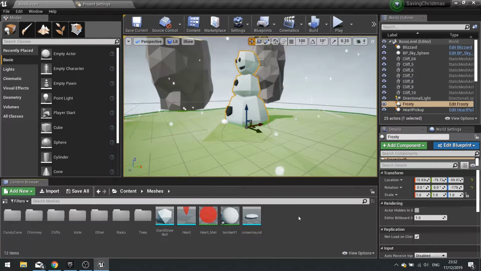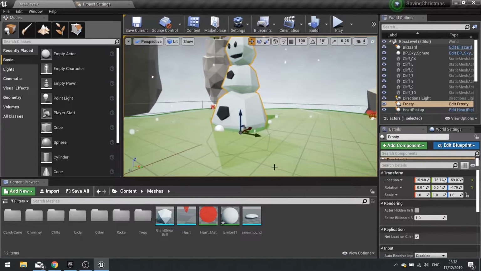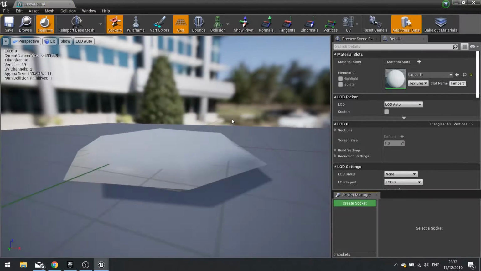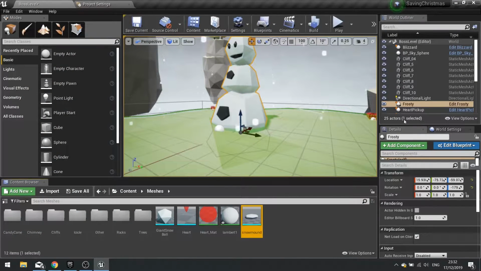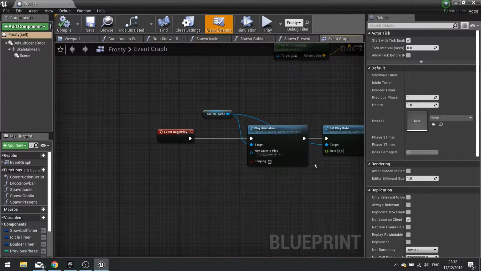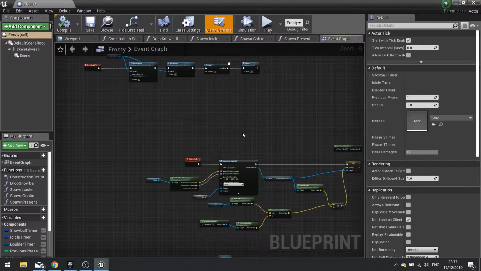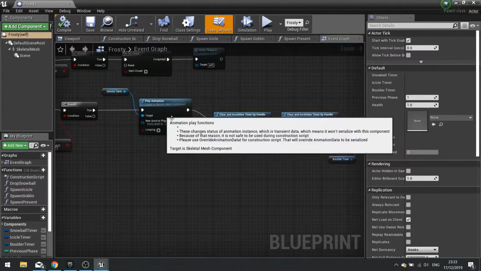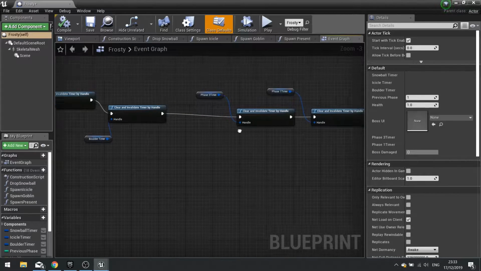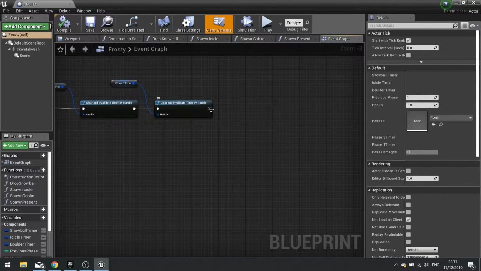So the first fixes and tweaks is I want the snowman here, the boss, when he loses, to die and spawn his snow mound object at his location. So it looks like it's melted in a puddle. To do that we need to go into our Snowman Frosty's code and find where he dies. So we've got it down here, we place animation and it counts all the timers.